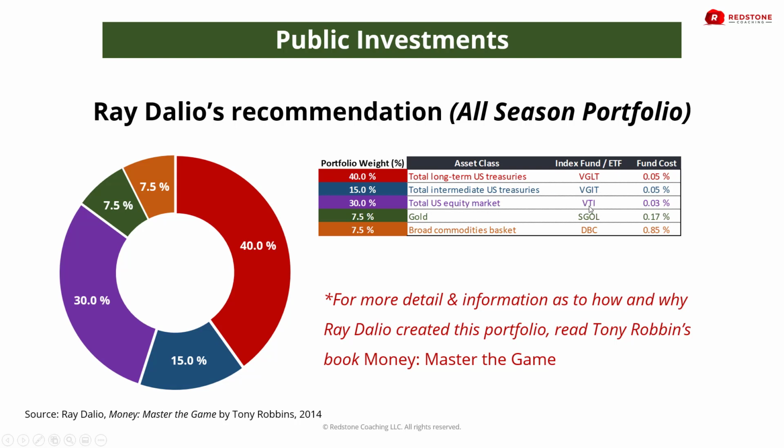equity market. It's a diversified index fund across the entire US equity market, and look at the fund cost, 0.03%. This is pretty much saying that if you can invest in the entire US stock market and the return of the market, you'll earn that less 0.03%. You're paying almost nothing to get the growth of the US stock market. And then for gold, it's 0.17%. And then for a broad commodities basket, and really what's within a broad commodities basket is a bunch of